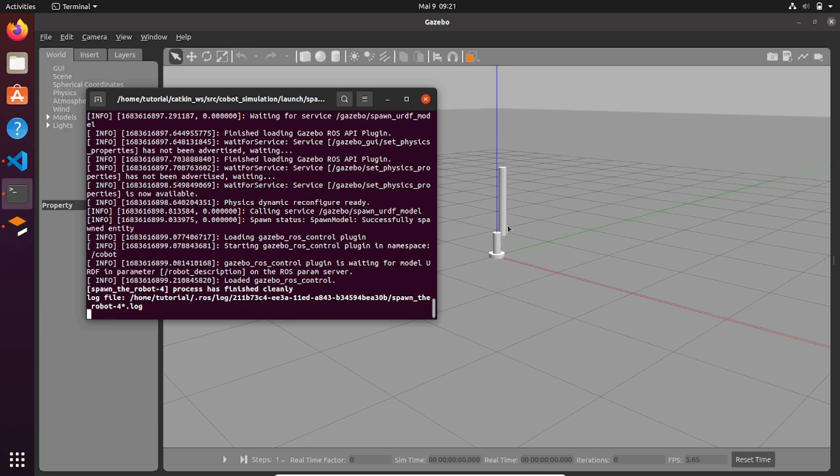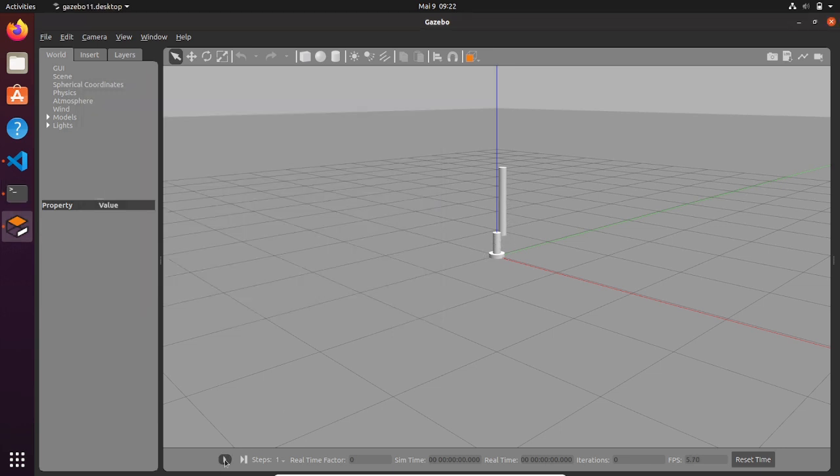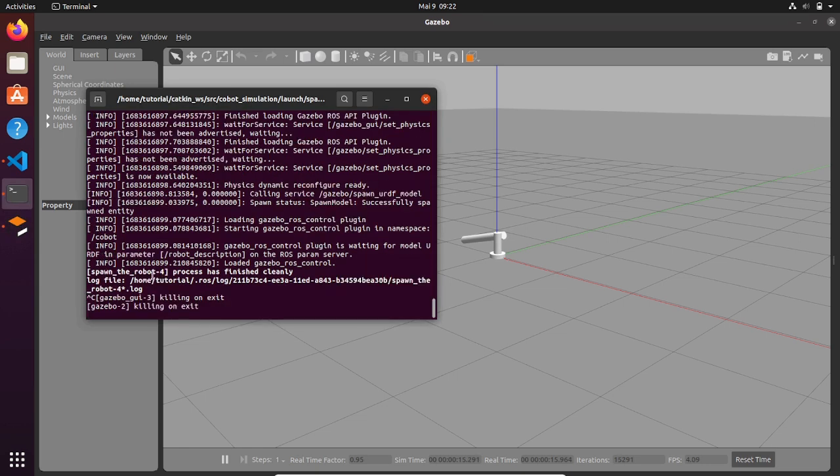If we press play, we're gonna see that the link 2 is going to fall down. This is the same behavior that we have seen so far with all the joints of our robots. Okay, so if you think nothing changed from the last view,